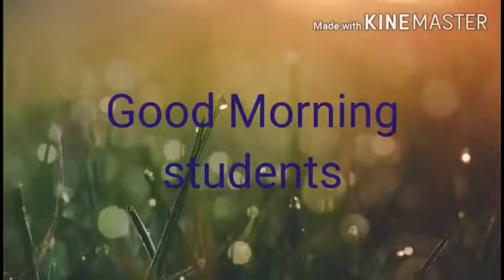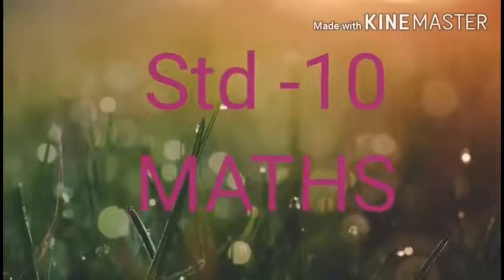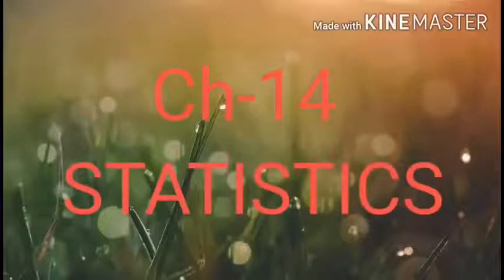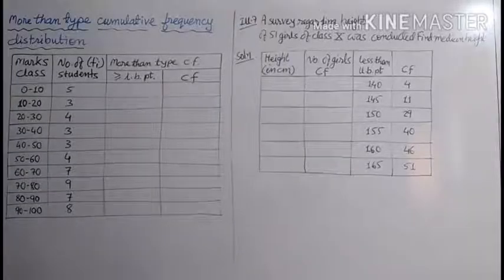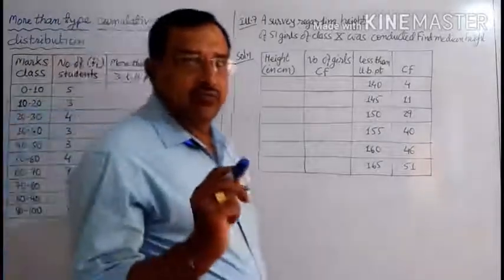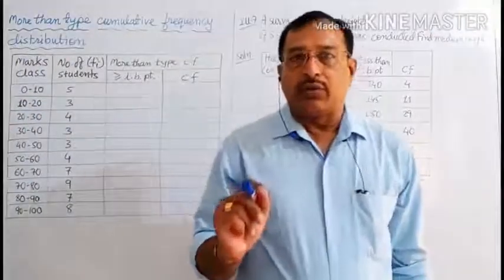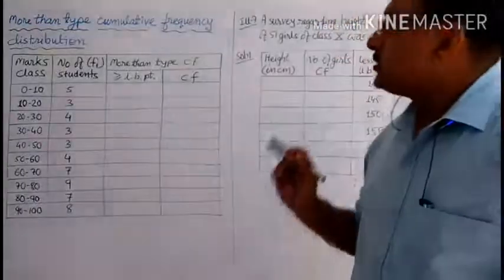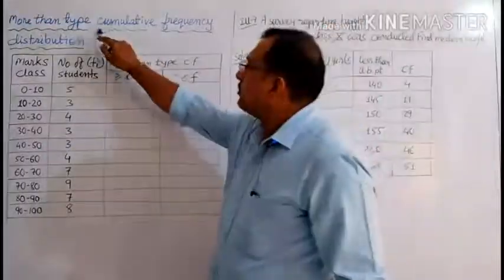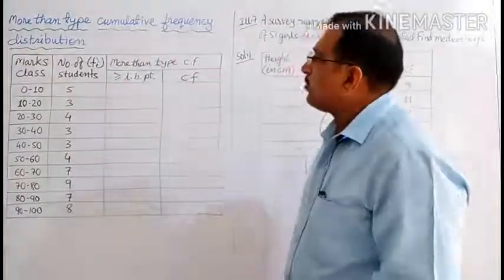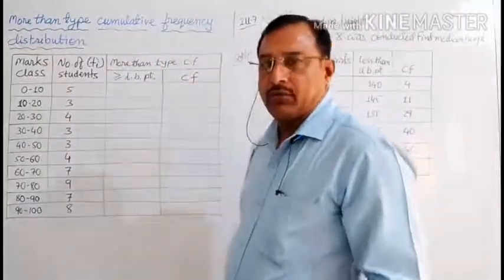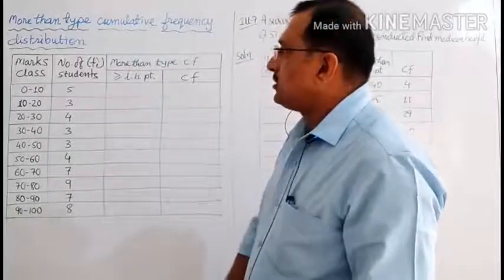Good morning, students. Today we are going to learn Standard 10th Mathematics, Chapter 14, Statistics. So let's start the exercise. Last time we talked about less than type cumulative frequency distribution. Today we are going to talk about more than type cumulative frequency distribution. So how to prepare a more than type cumulative frequency distribution table, and then we will solve the illustrations for